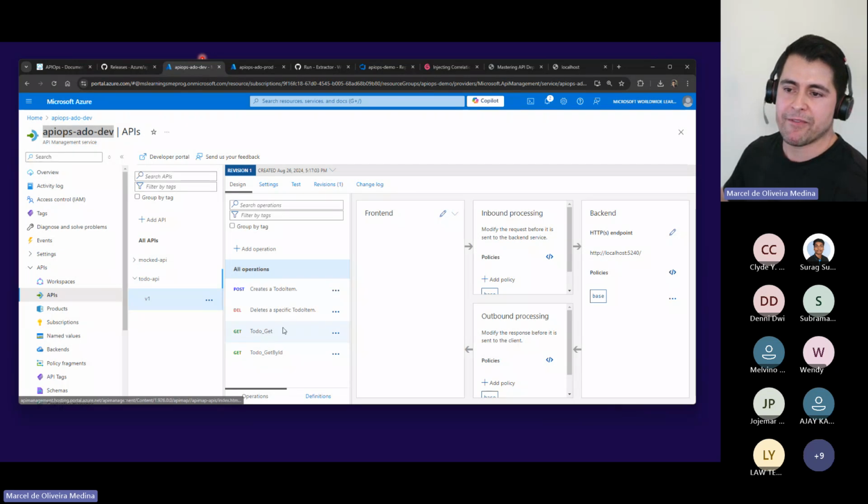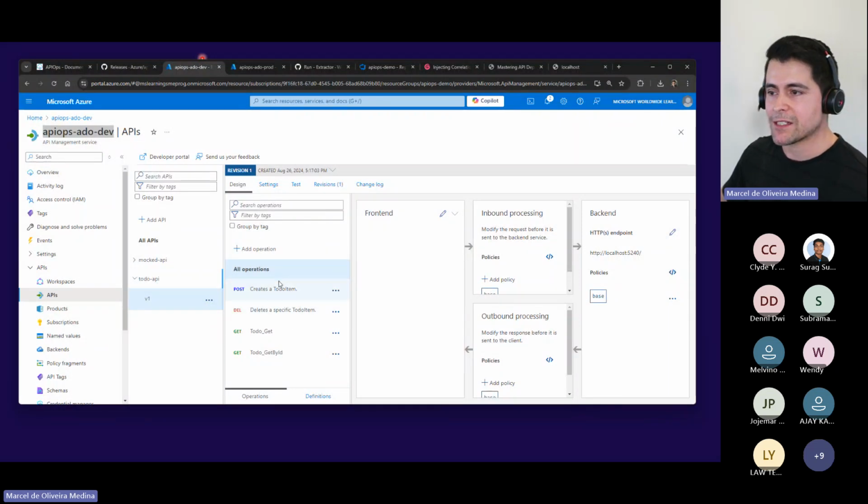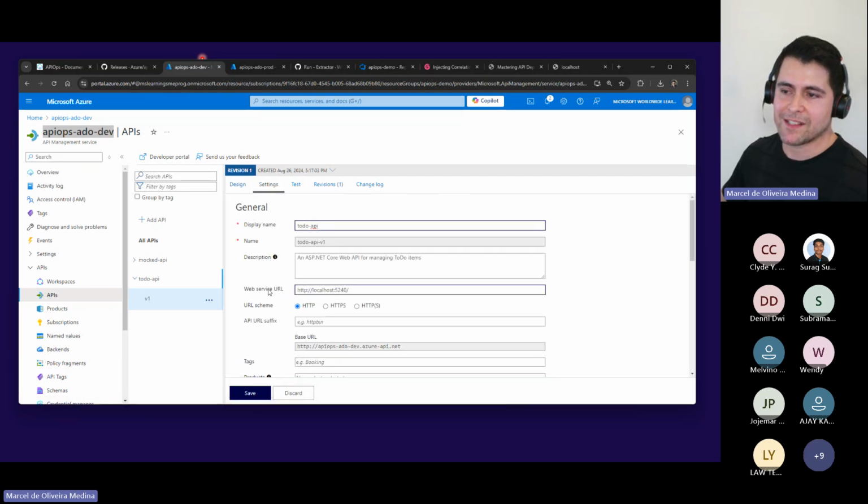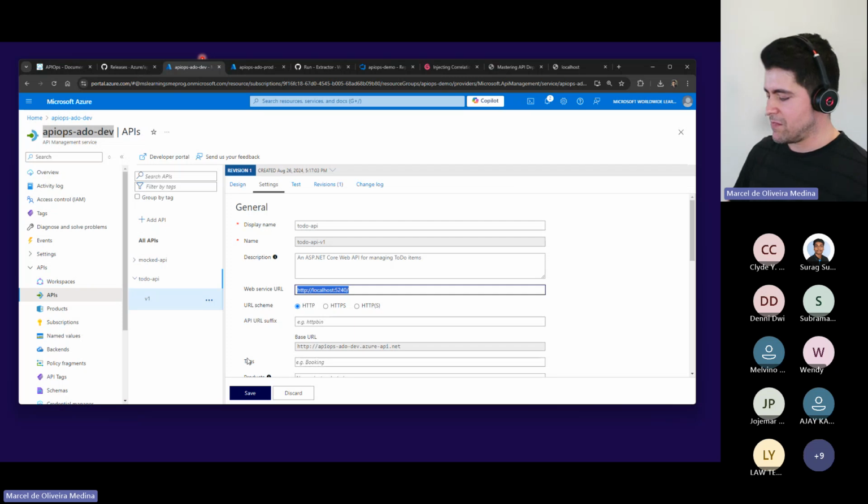I could simply fail this once I do my PR, and I'm going to show that in the next step. But as you can see, there's a difference in here, right? So far, so good, but as you can see, for example, web service, this one was created on my local. I really don't have localhost in there.